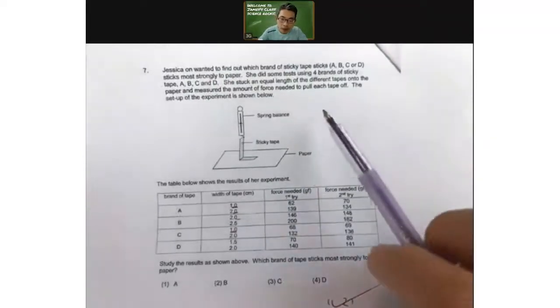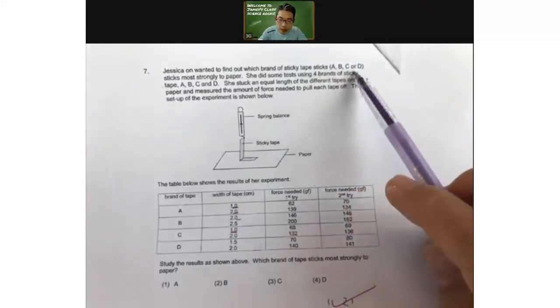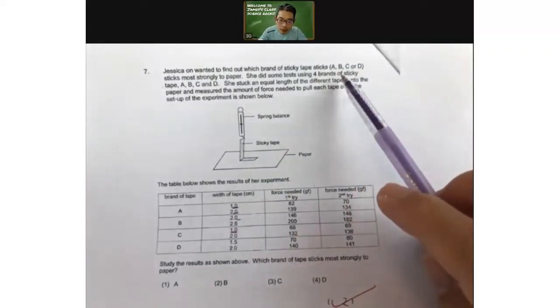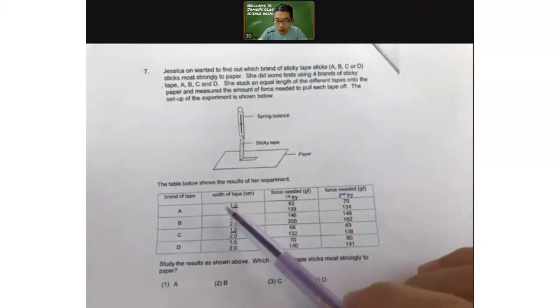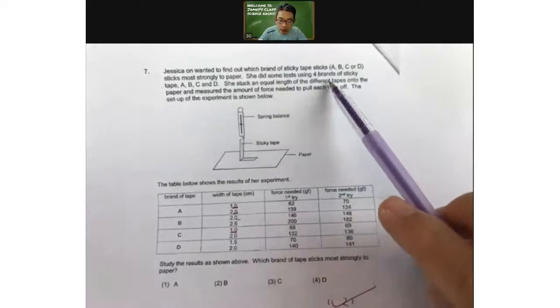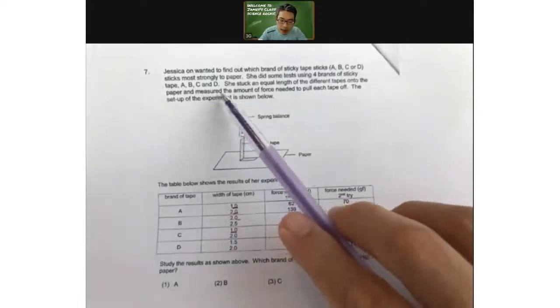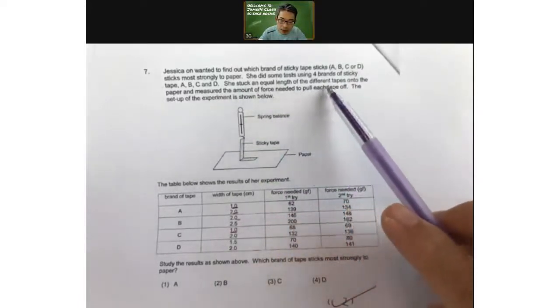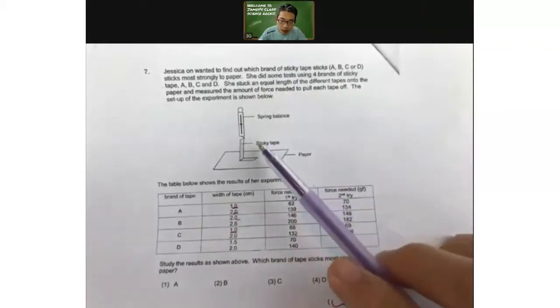So Jessica wants to find out which brand of sticky tape, A, B, C, or D, sticks most strongly to paper. Now this is a slightly confusing way of presenting information, so you need to be careful. She did some tests using 4 brands of sticky tape, A, B, C, and D. She stuck an equal length of the different tapes onto the paper and measured the amount of force needed to